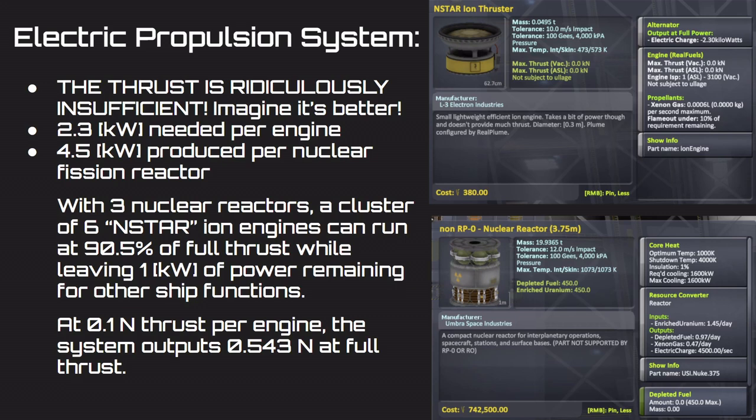I said that a nuclear fission reactor cluster powers this thing. Each of those nuclear reactors that existed as a stock part produced 4.5 kilowatts. Each of those engines needed 2.3 kilowatts. So I ended up going with 3 nuclear reactors powering a cluster of 6 of those ion engines altogether. And long story short, you end up getting just a little over half a Newton of thrust for this whole thing, which back of the envelope calculation